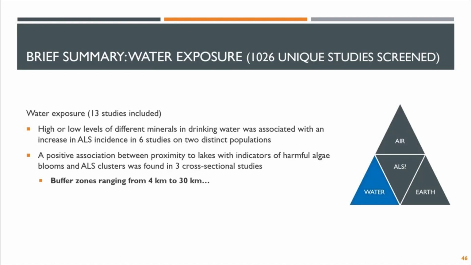And then for water exposure, well, it seems like while the higher levels of certain minerals in drinking water was increased with an ALS incidence, these were only in 2 distinct populations. And while there is 3 cross-sectional studies that found proximity to lakes with harmful algae blooms might increase the risk of ALS clusters, there's been no follow-up long-term studies. And the buffer zones on these, we're talking proximity, we're talking maybe 4 to 30 kilometers away,